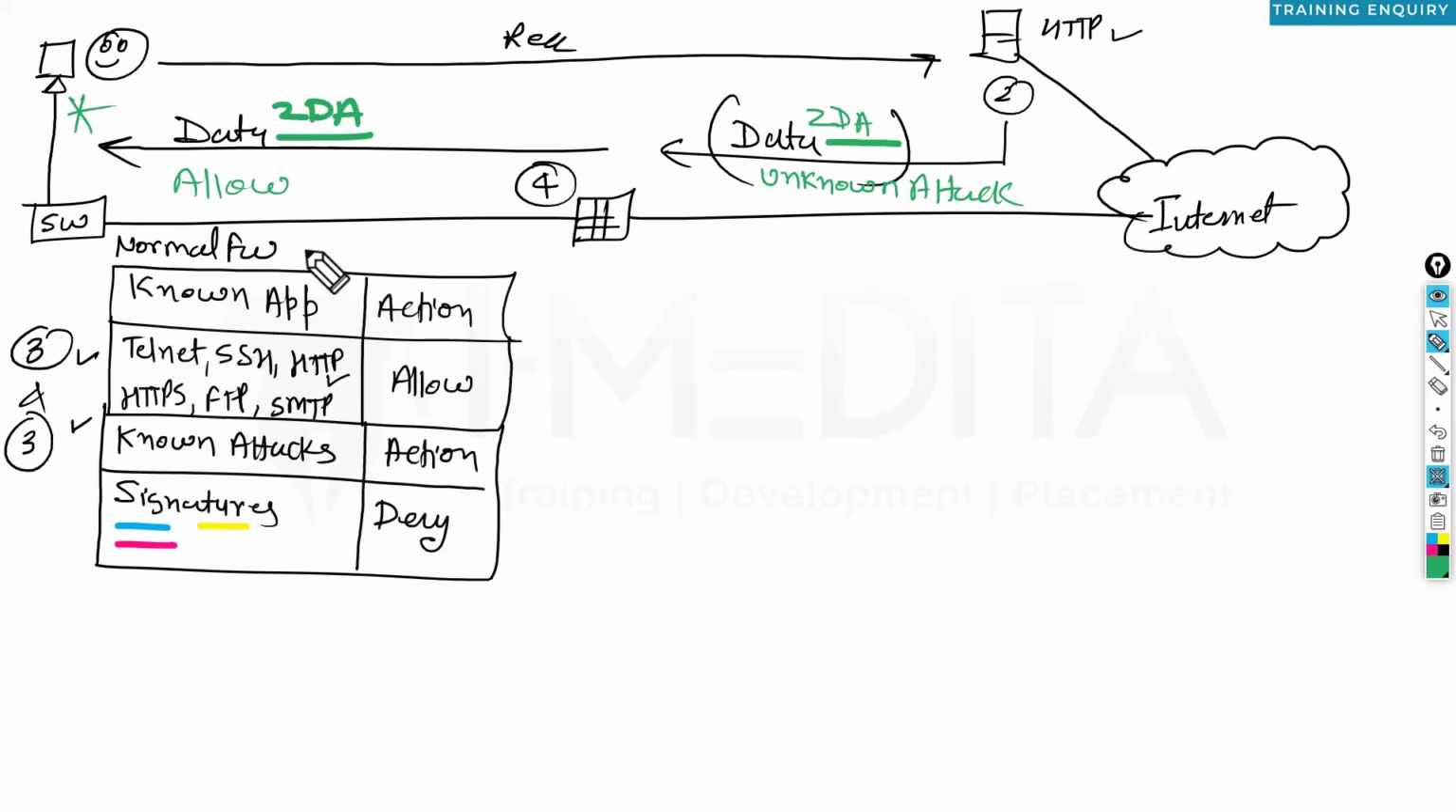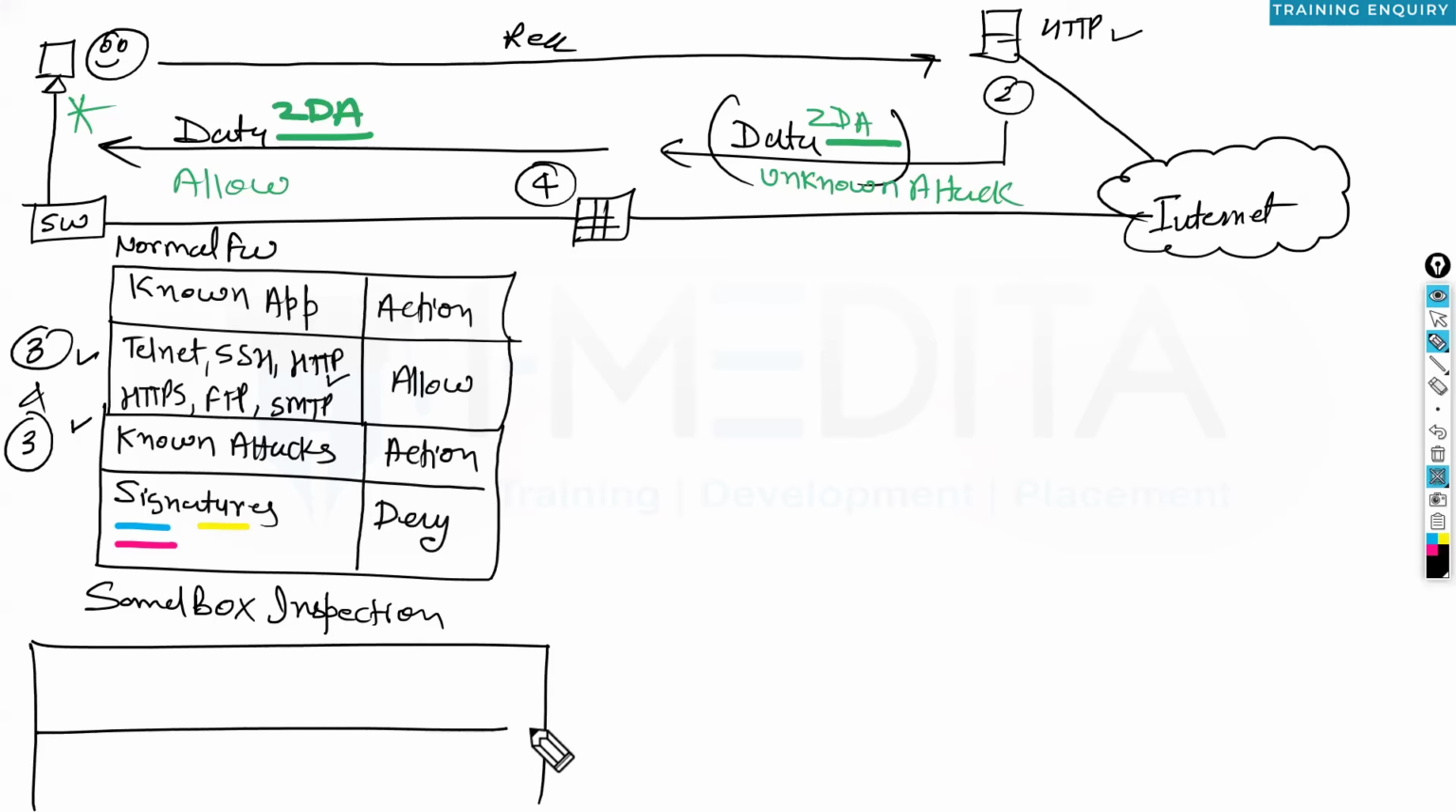Now, what is the drawback of a normal firewall? A normal firewall can only deny known attacks, but it will allow unknown attacks. Now, do we have any solution using which we can protect our network from ZDA? Yes, we have a solution, and that is called sandbox inspection. In sandbox inspection, we configure a rule like this: if the attack is unknown, if the attack belongs to unknown, then take this action,